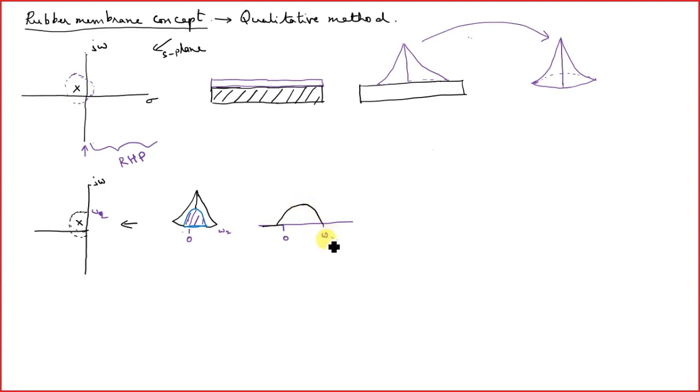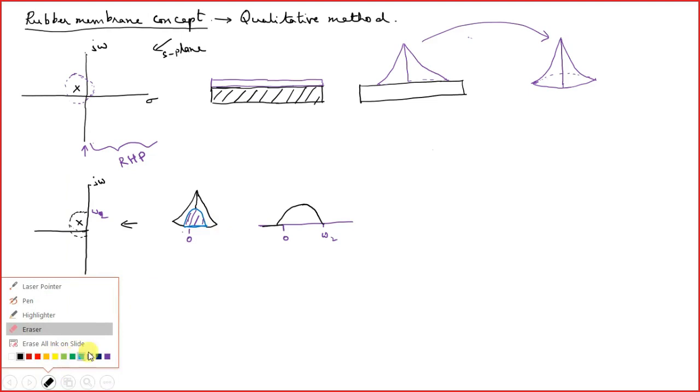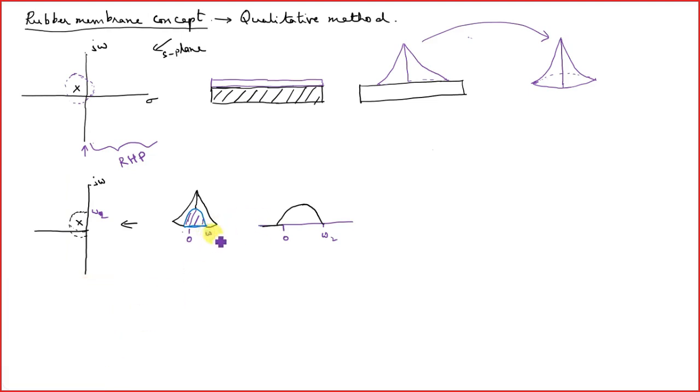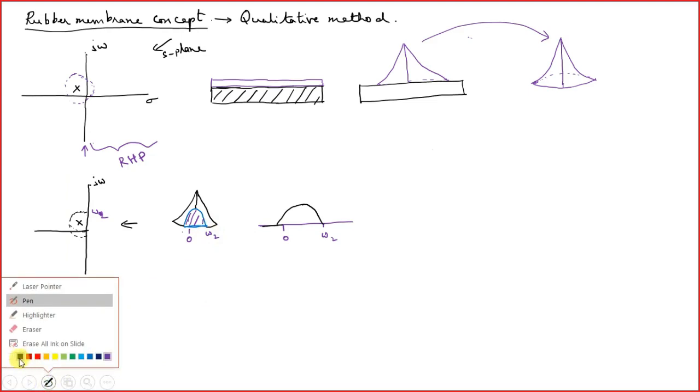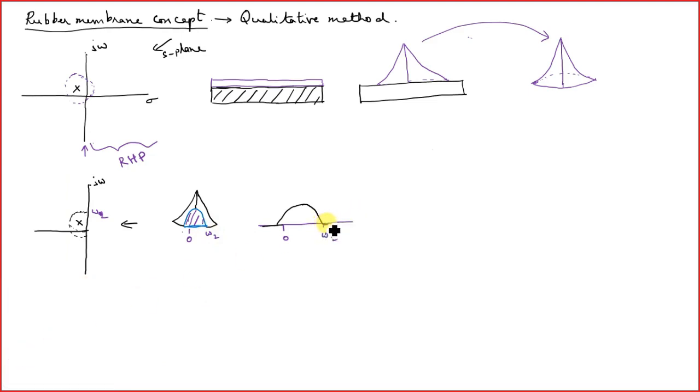There is an increase in the response which continues up to omega 2. Omega 2 is this one. Omega 2 is this one, right? And beyond this, you get again a straight line, right? And then this continues to be a straight line. You continue this, so there is no response due to this filter.